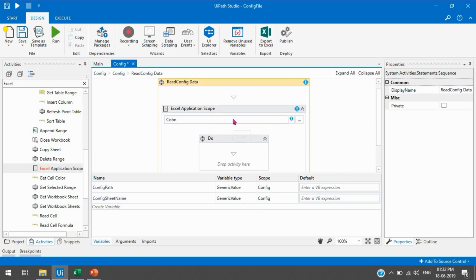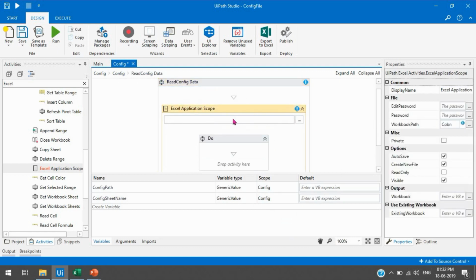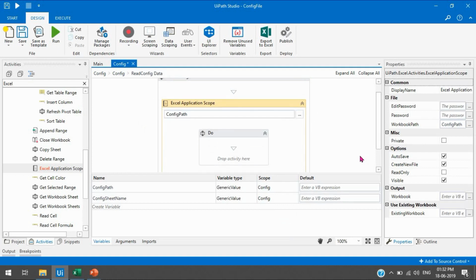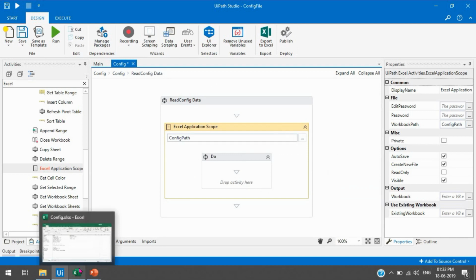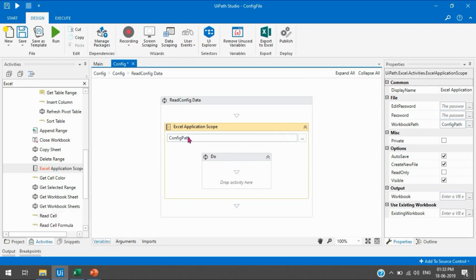Now instead of writing the full path, we will just pass the variable here. It means it will not be dependent on the path. If the user is going to change the path, then no issue, no need to change from here, it will automatically take the value from the init path. So only we need to change the location in the init sequence.